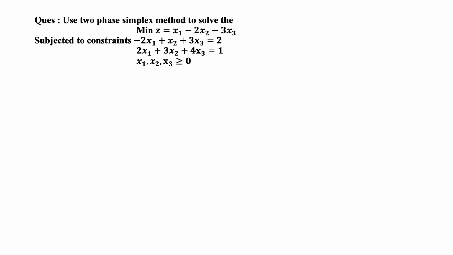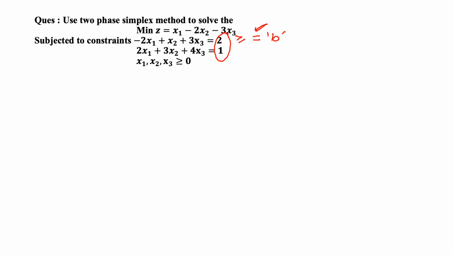Hello everyone. So in today's lecture we are going to study linear programming problem solution with the help of the two-phase method. As we have seen, the two-phase method is applicable where we have constraint equations in greater than or equals to form, or equals to form, or where the b's, the right hand side of the constraint equations, are negative. So here I have constraint equations which are in equals to form.